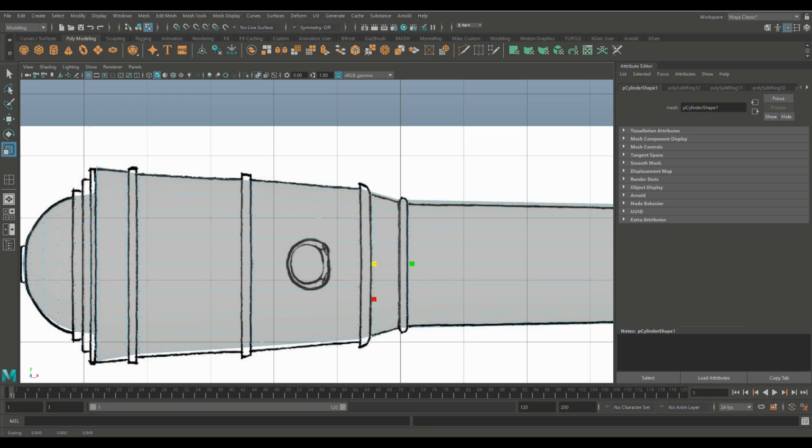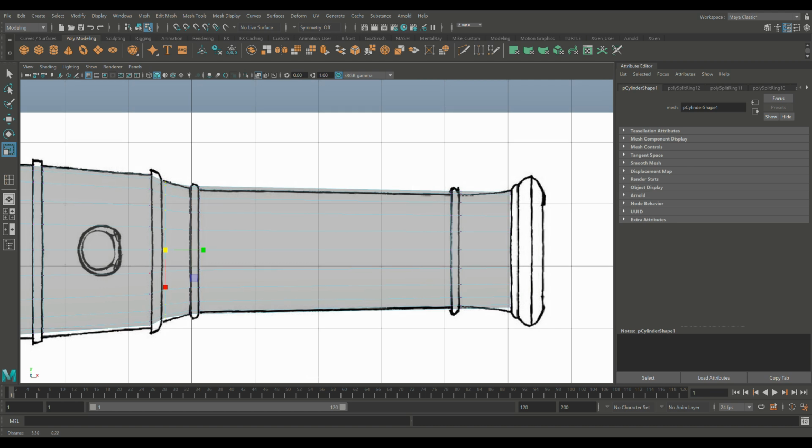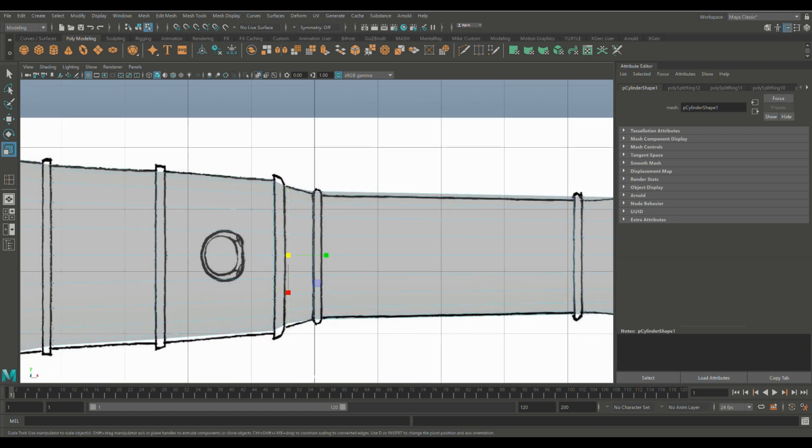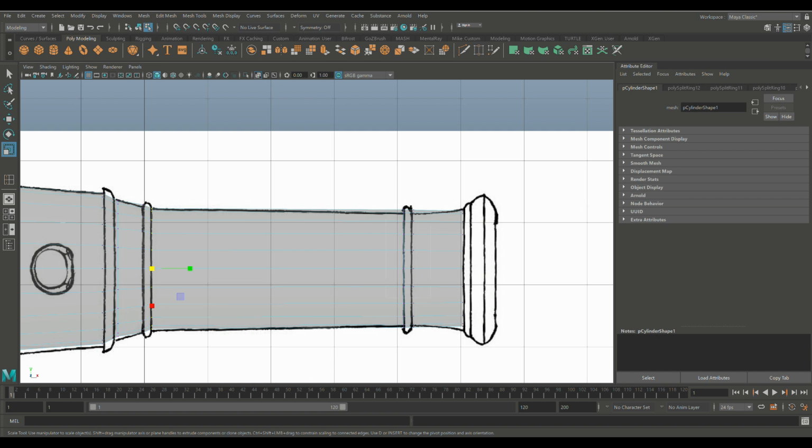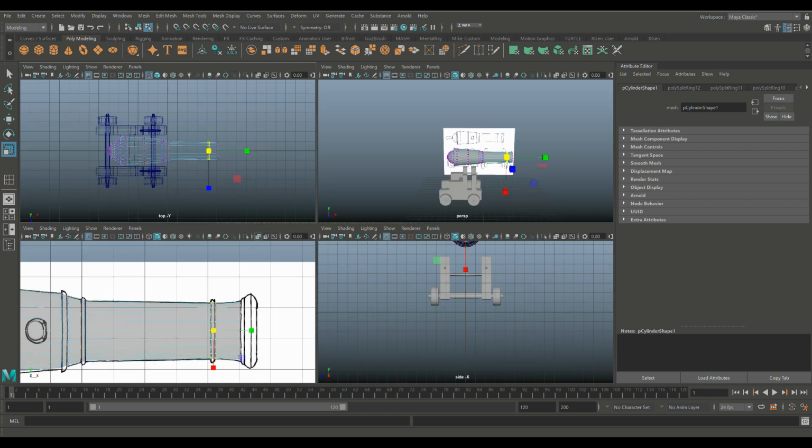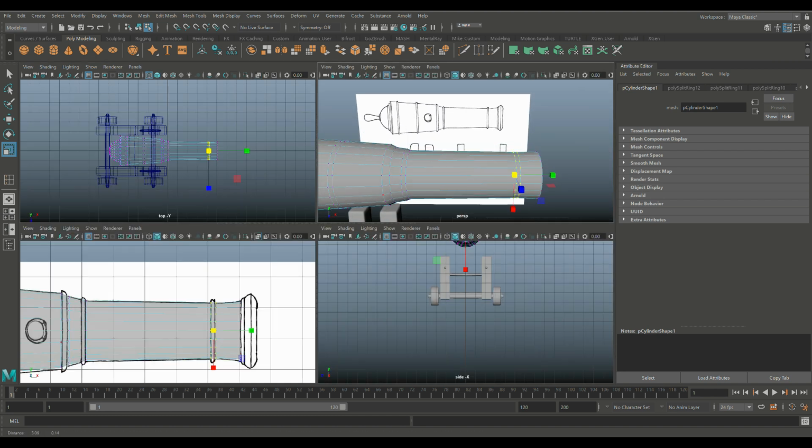Bring that down to about here. And that one looks okay. And that is pretty much good. We're going to take this one, push that down like this, take these two and push them down like this. Alright, so then we're going to go in here